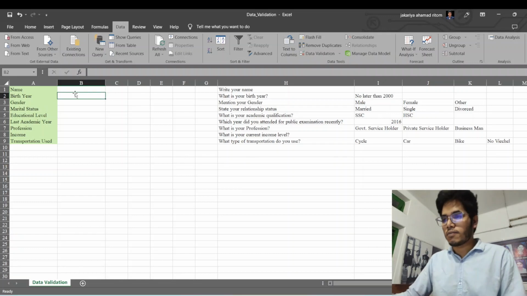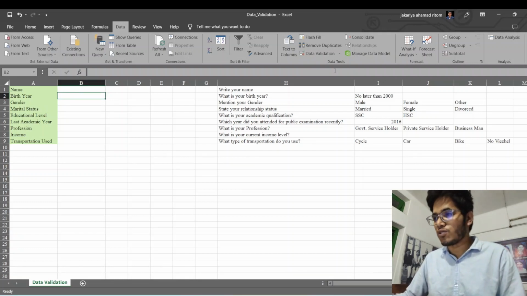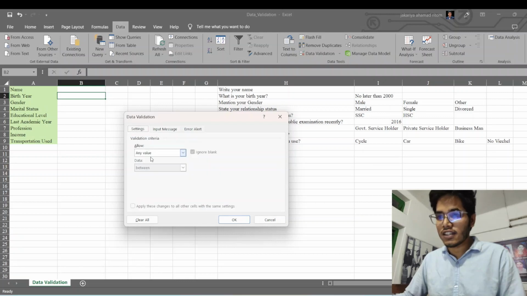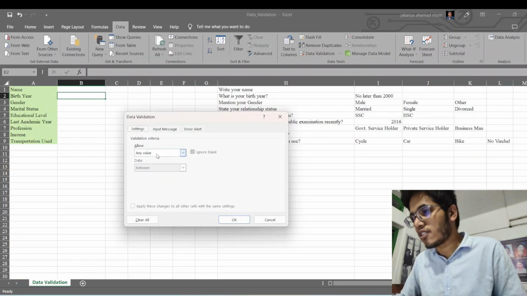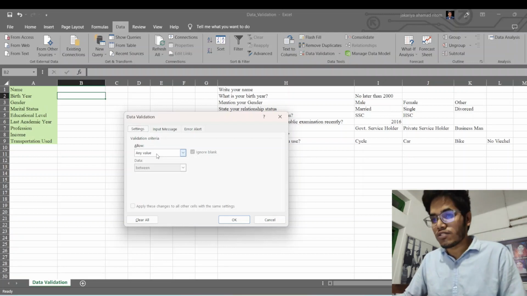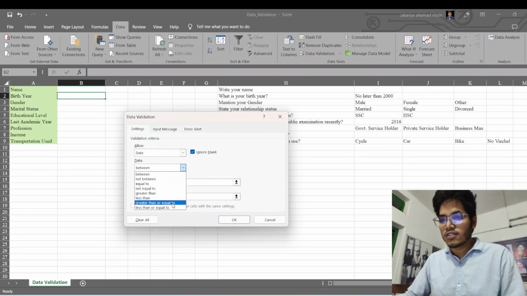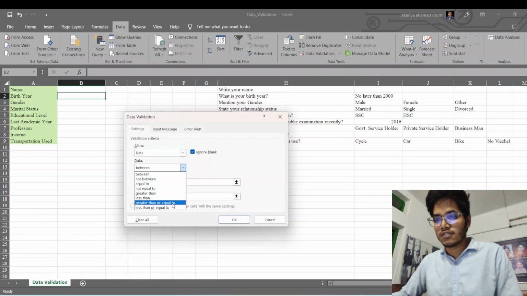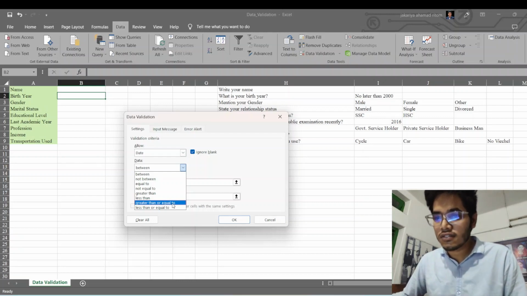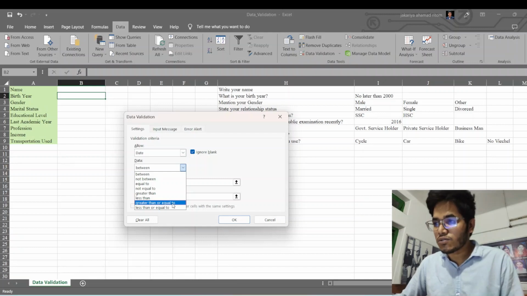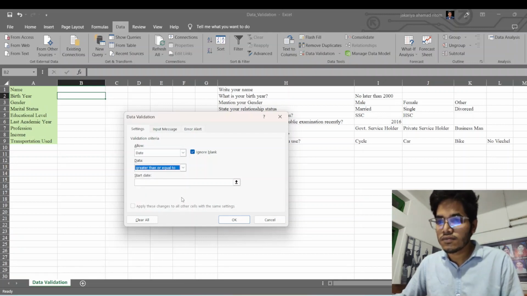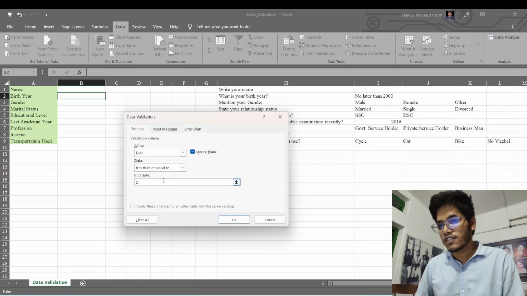Then for birth year, we'll also go to Data Validation and Settings. And here our condition is not later than 2000. So we will select Date and not greater than or equal to, not less than or equal to, and the end date will be 2000,